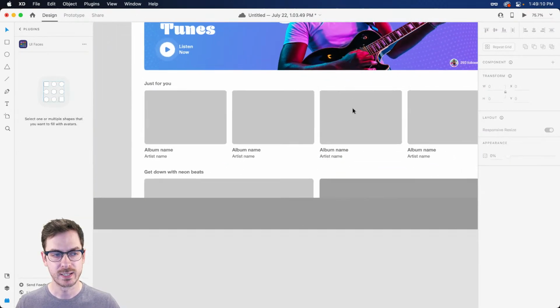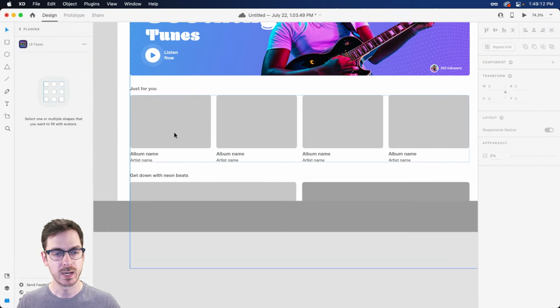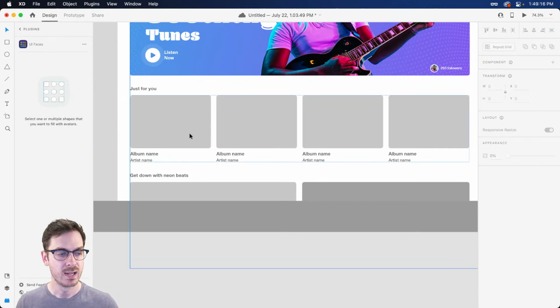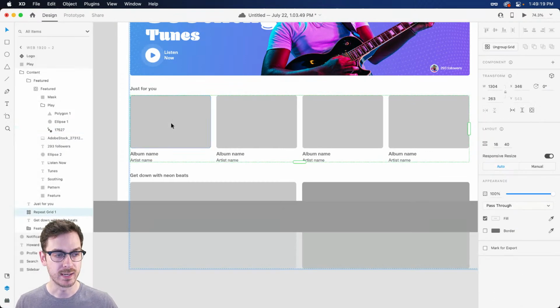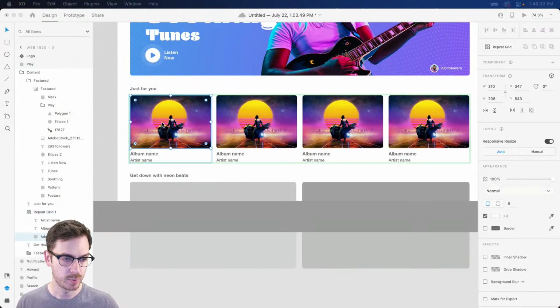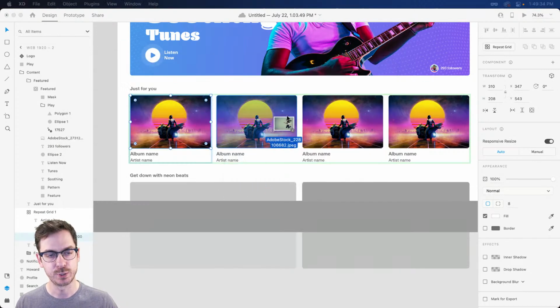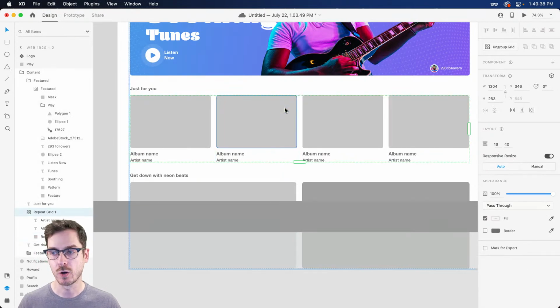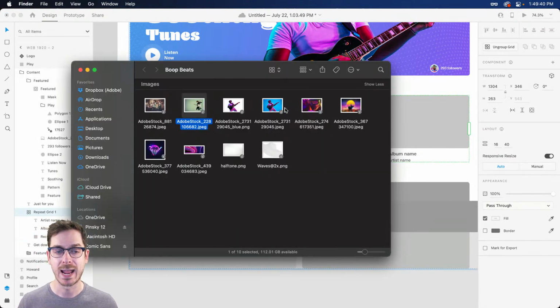Next, while we have a few additional minutes, down here, we might want to start filling out some of the information for our albums, right? And because we're working with a repeat grid, it's very simple. So if I hop over to Finder, I do have some images that I might want to add in to this particular repeat grid, right? Now, one thing I could do is I could just drag one image and boop, pop it in there, drag another image and boop, pop it in there. But if you have all the images ready to go, you can actually drag all of them in at once.